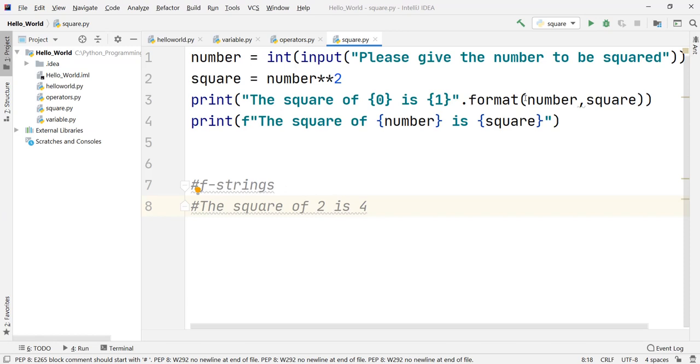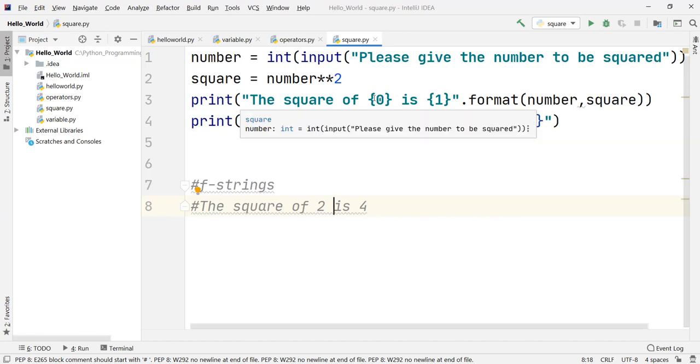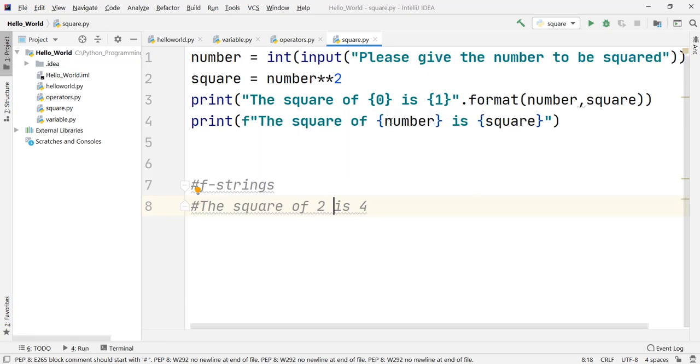In it, we don't have to use any format method as such. What we simply have to do is write your statement as it is. Rather than putting these replacement fields, these numbers inside, directly put your variables where you want them, and just put one letter before your string, which is f.